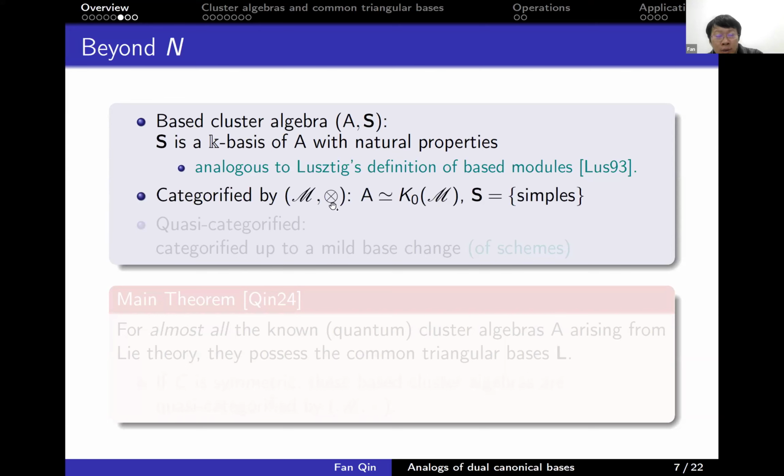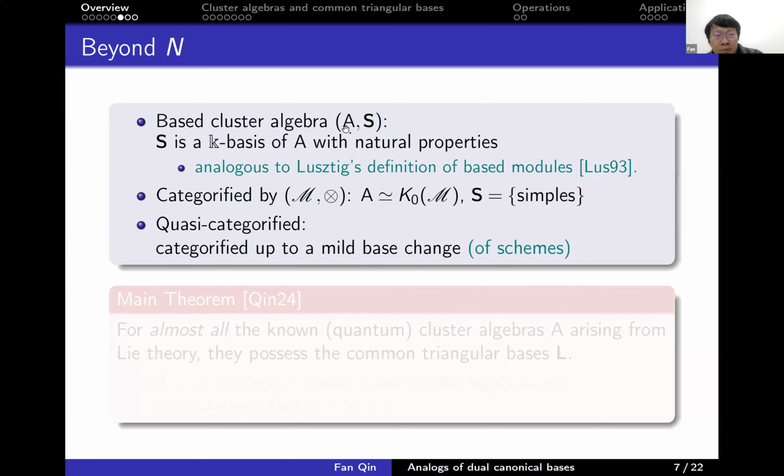Assume that there is a monoidal category, and we want that the Grothendieck ring of this monoidal category, where the product is given by the tensor product, is isomorphic to our algebra. And moreover, the basis elements are exactly the simple modules in this monoidal category. So this is a very strong expectation. And in practice, it's usually unknown how to find such a category because, as I said, cluster algebra is a very basic concept and it can exist in many situations. But the monoidal category has been constructed for very few cases from representation theory. So we make a compromise. We say